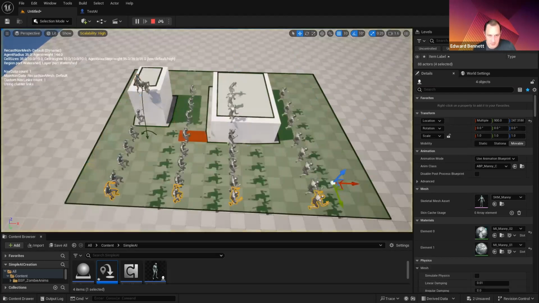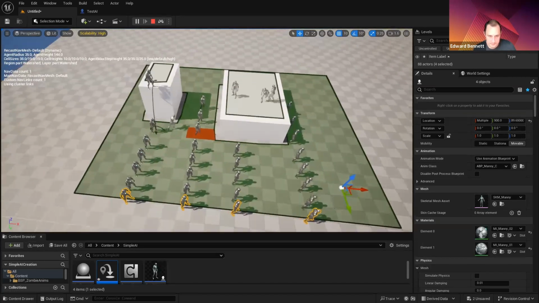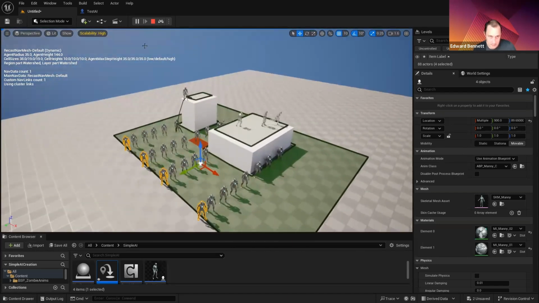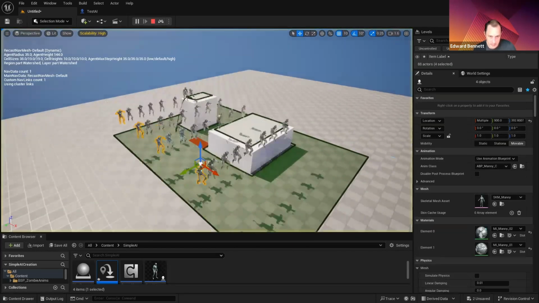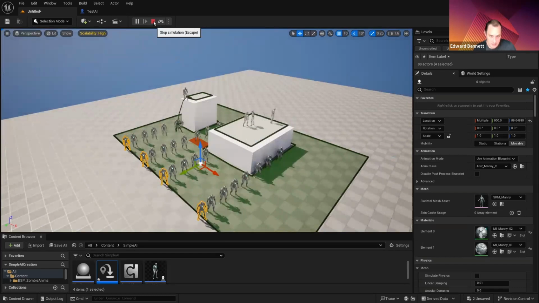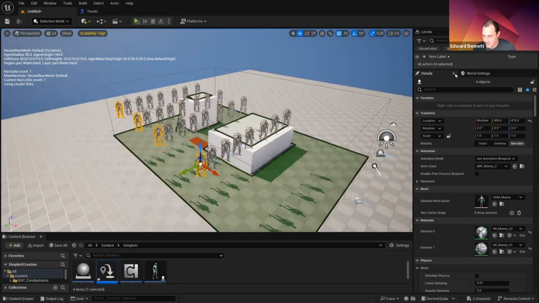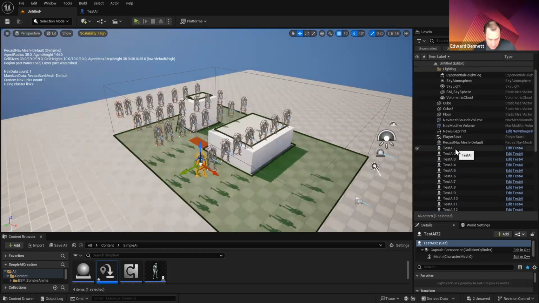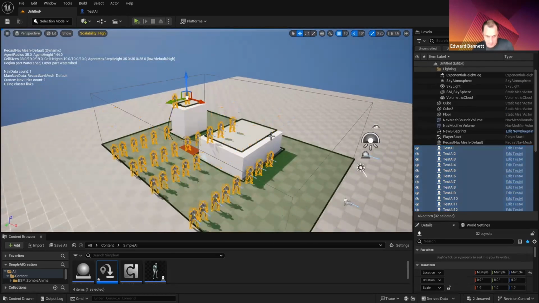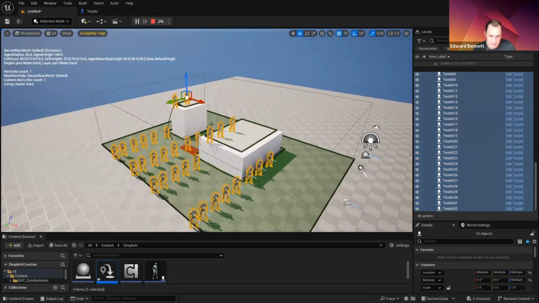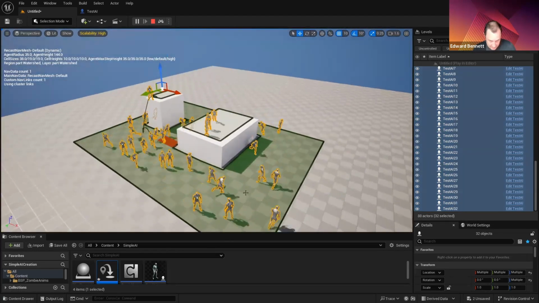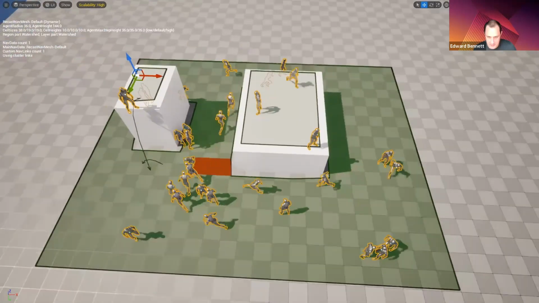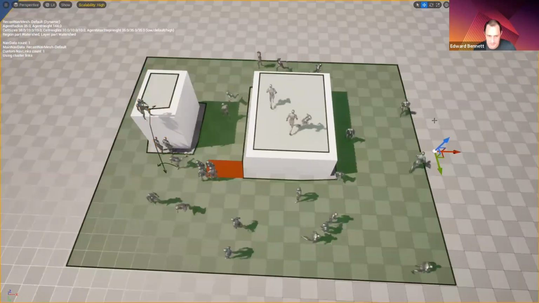And so now if I push play, half of them are doing nothing. Stop, play again. Stop. Just going to grab all of them. I think they want to be on the floor. Let's try that. Okay, so this is a little bit harder to tell because I did have some GIFs, but